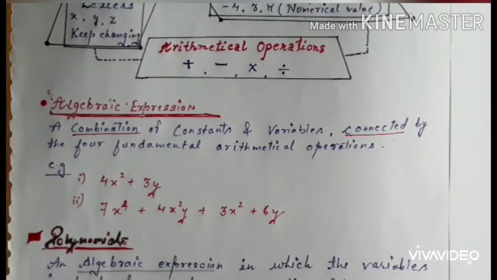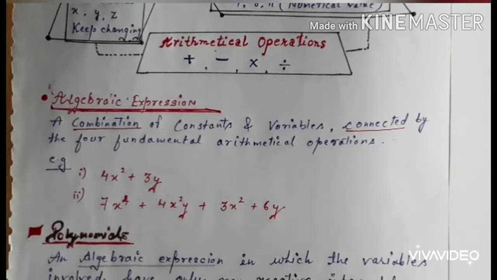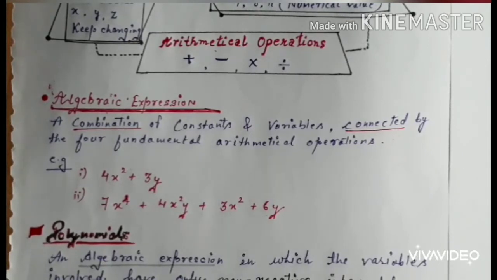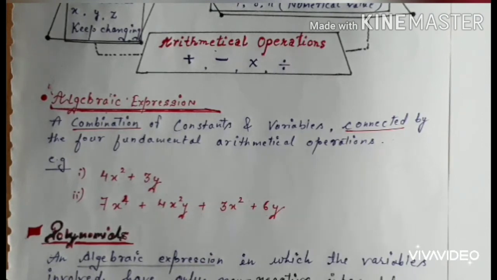That means it should be an algebraic expression with the variable. What is the variable here? The variable is x. Here is x, here is also x. It can also be y, but it is for one variable. So it is 4x cube plus 3x square minus 6x plus 7. This is for one variable. Here the power is 3, that is a whole number. Here the power is 2, whole number. Here the power is 1, so it is also a whole number. So that is a polynomial.